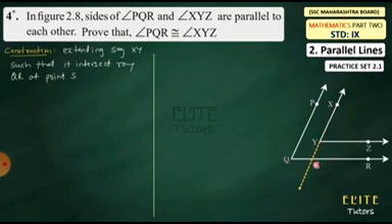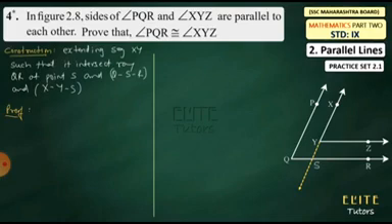Now Q, S, R are collinear, so we will write Q-S-R is collinear, using this symbol of collinear. And X, Y, S is also collinear, so we will write X-Y-S. So this is our construction. Construction means whatever we have done ourselves in the figure, we write it. Now come to the proof.